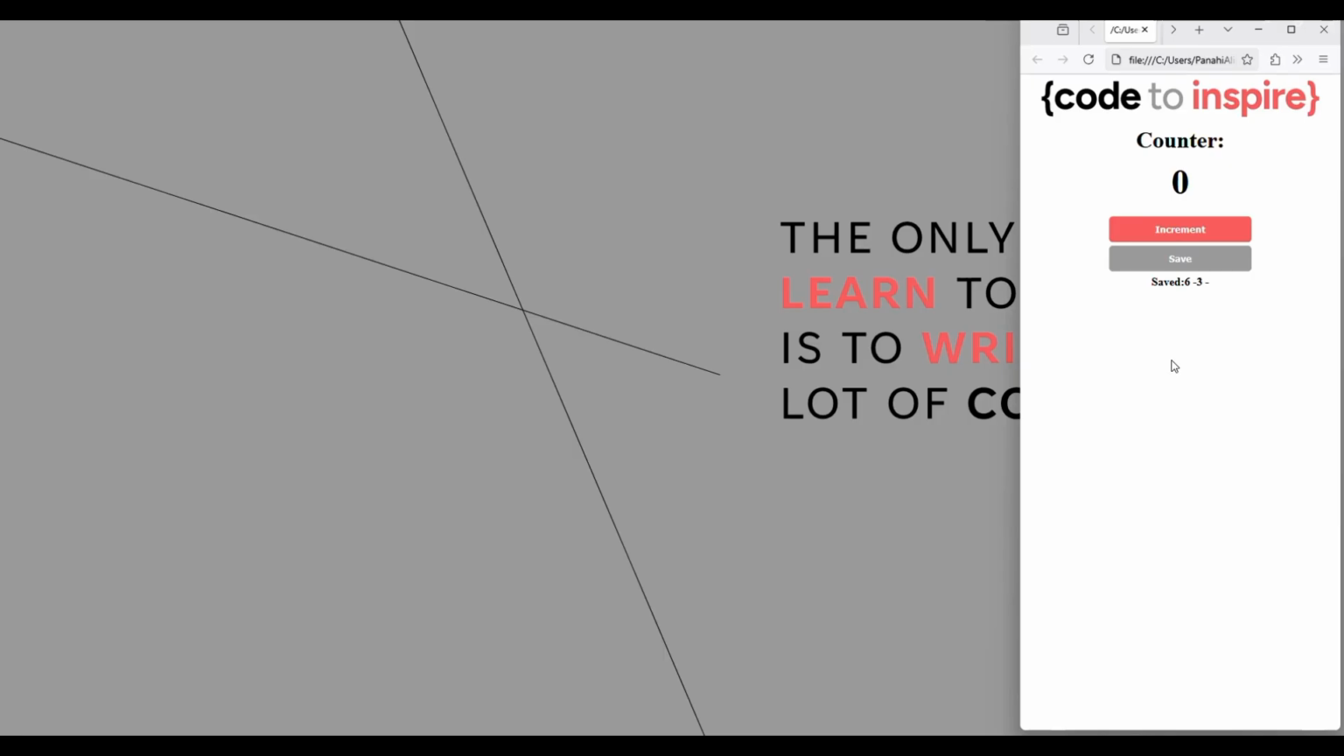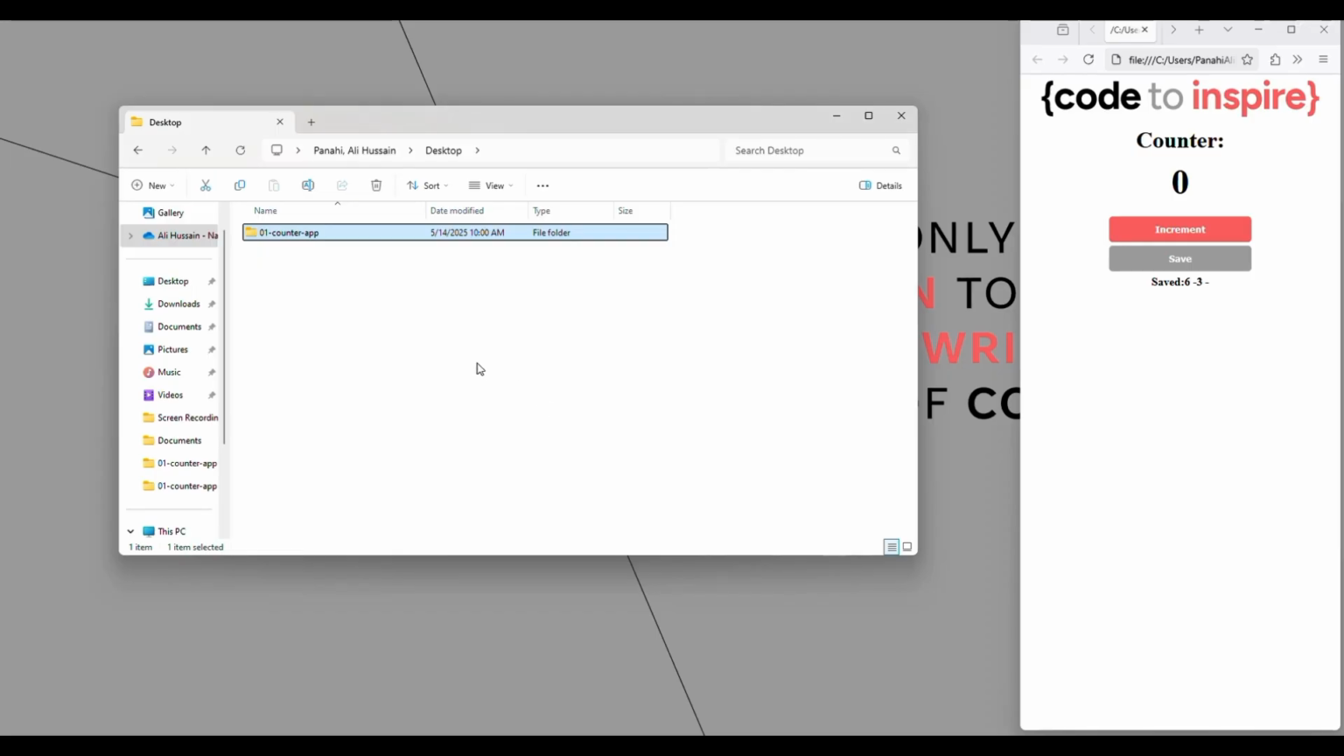Okay, as I said, it's a very simple application, but it's a good start. We will find out how to set up a JavaScript project. The first step is to set up our project. We may need a folder for every project that we are going to develop. So we start with this folder, counter app, and inside this we will have all the files that are needed